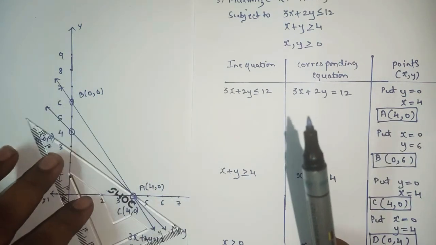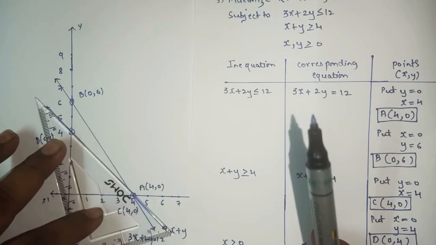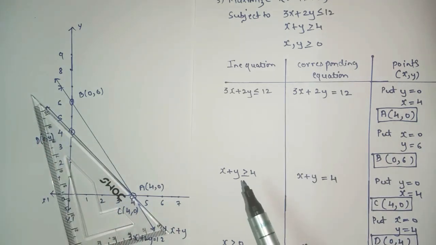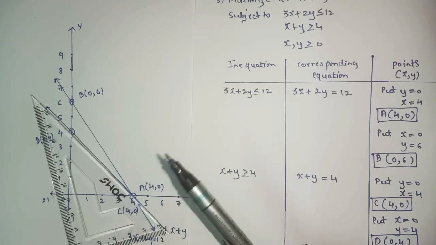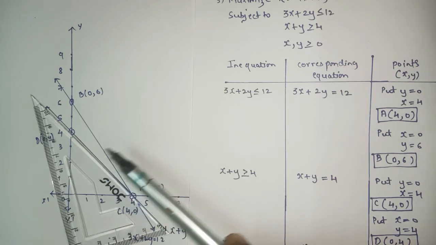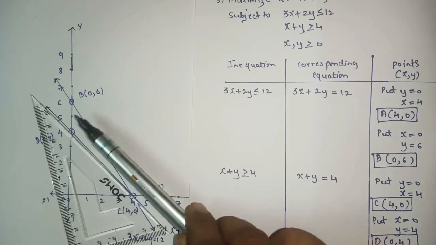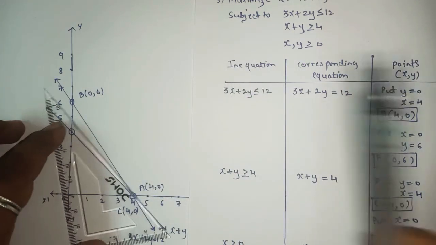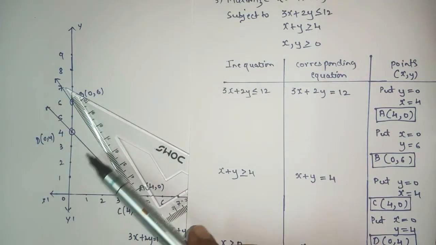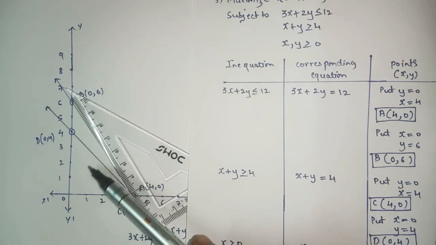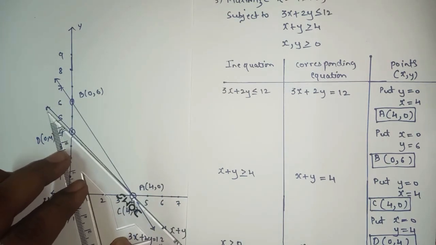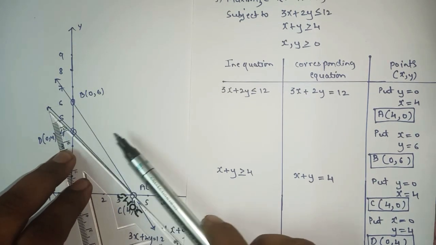Now we'll see the second equation. For the second equation, it is what? Greater than or equal to. Greater than or equal to means what? The feasible region, the shaded part, will be where? Outside this line. Okay, so for this line, this and this section are coming, these two sections, and for this line, as it is greater than, this and this part are coming.